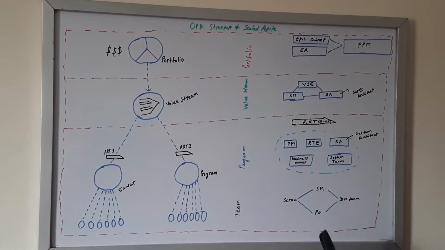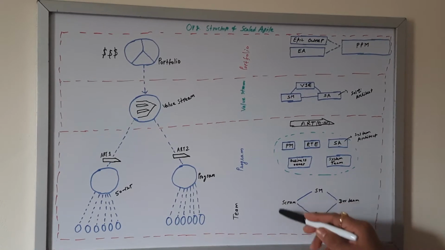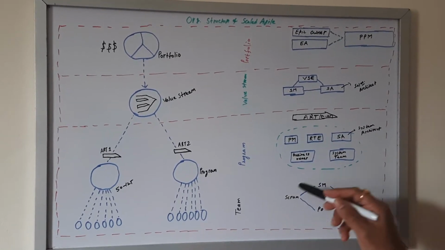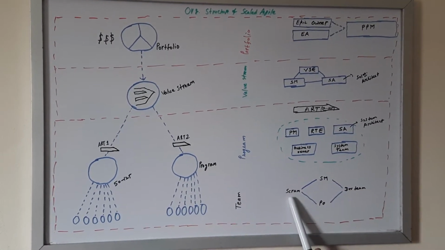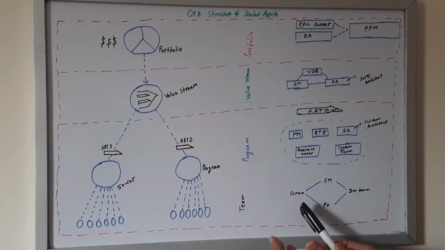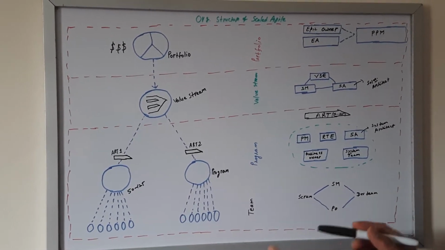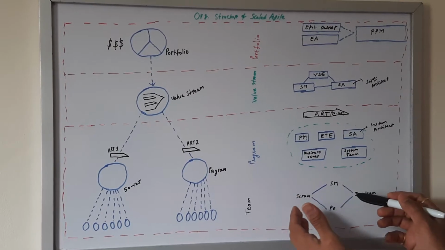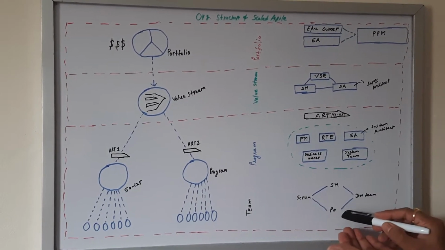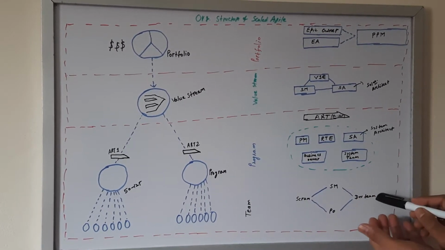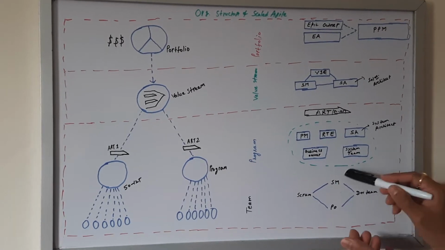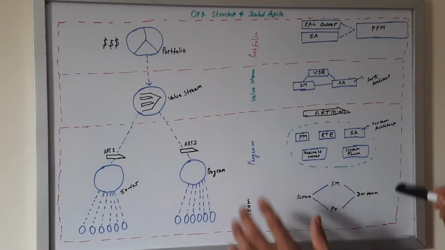First of all, this is the team level structure, where we are using the Scrum methodology framework, which we use when we have a small team size. In that small team, we have a product owner, we have a Scrum master, and our development team. So these three are the main roles in Scrum. So this is the team level.